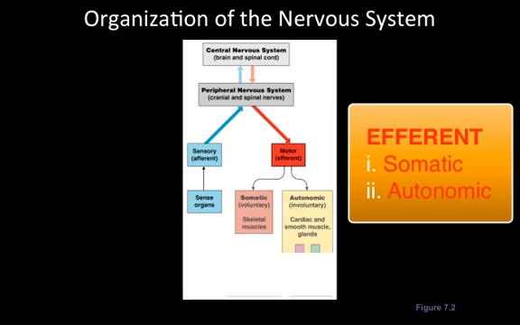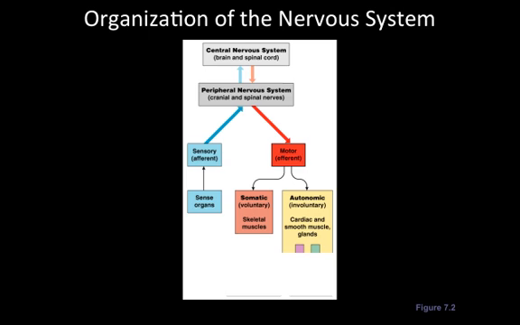The efferent division is divided into the somatic or the voluntary reactions. These are the ones that you can control. The other is the involuntary or the autonomic nervous system. These are your reflexes, and this is your body going into autopilot, taking care of those things that you don't have to think about, such as breathing, your heart rate, the digestion and movement of smooth muscles in your stomach